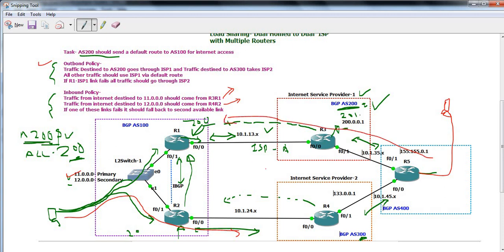This is our requirement. So I will prepend the AS path with a longer AS path, 100, 100, 100, like this. I will prepend this AS path for the 11 network and I will advertise it here. So when this 11 network route is coming to router 5, it has two entries. One via this link with autonomous system 100 in its AS path list,